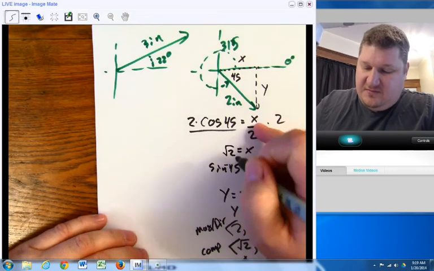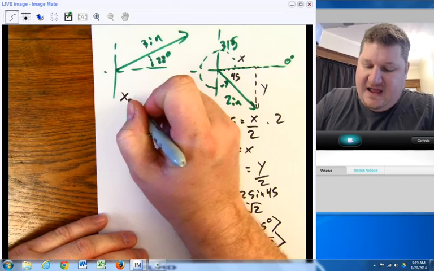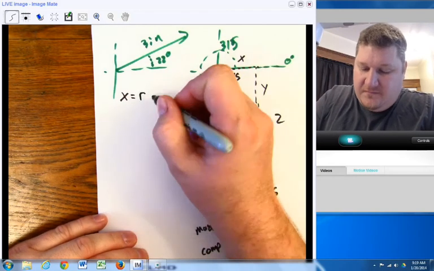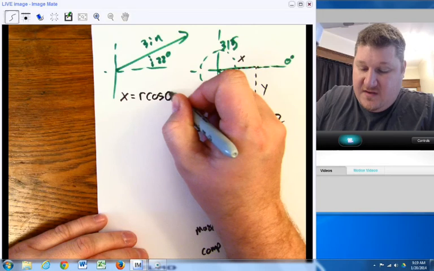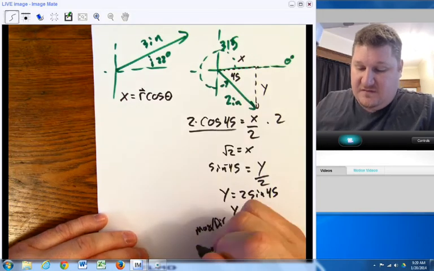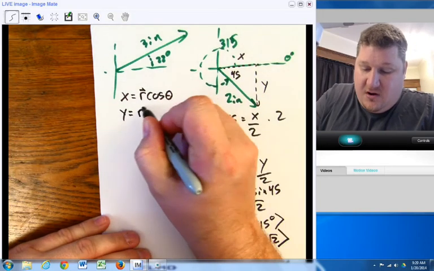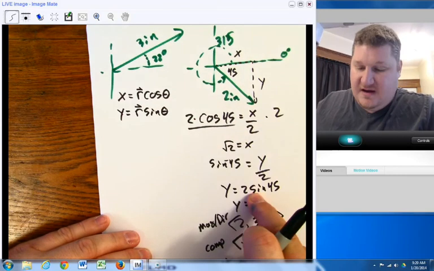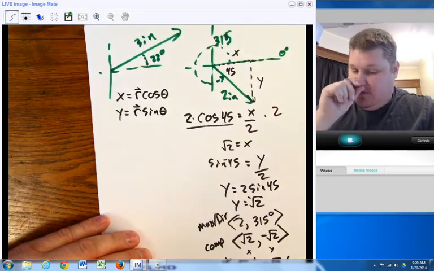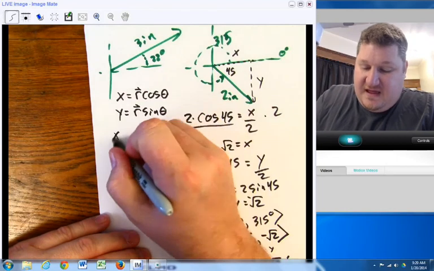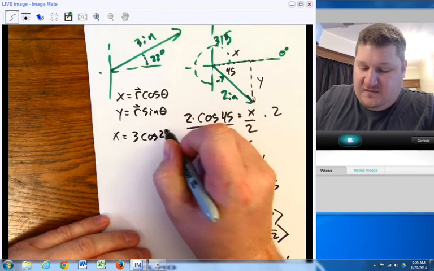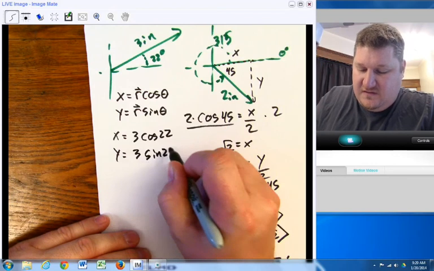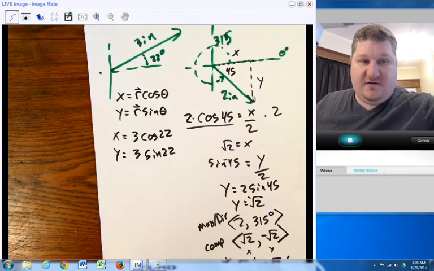Now, let's simplify this so that we can simply say, well, what would the x bit be? And that's going to be r cosine theta, where r, of course, is the resultant. Y is equal to r sine theta. And we found it by the same method here. We just save ourselves a step by memorizing the two formulas. So we say x equals 3 cosine 22, y equals 3 sine 22. And we plug those into a calculator to find